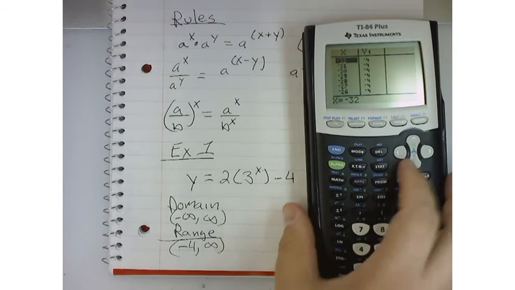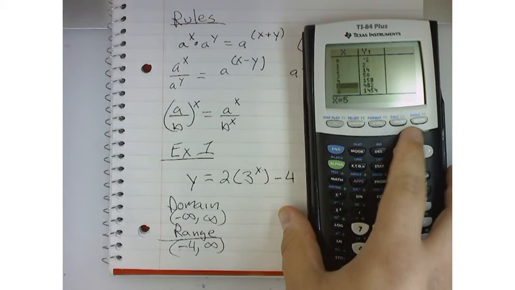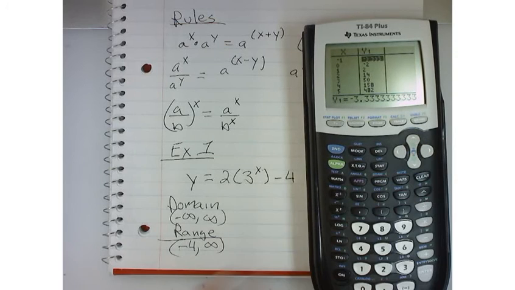Now, if we go in the other direction, her y values grow quickly. Now, if we plug in 0, at 0, we're going to get negative 2. So with this exponent, if I plug in 0, it'll be 1. And if I plug in negative numbers, it'll approach negative 4. And that's what I was saying. I probably should have showed it on the calculator. But why wouldn't the 4 be